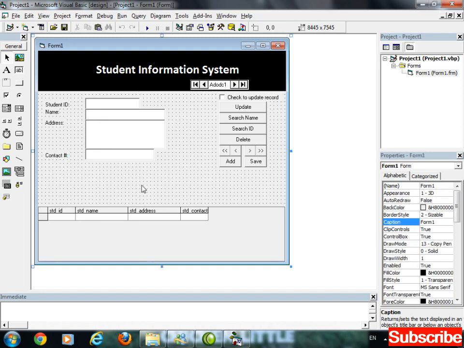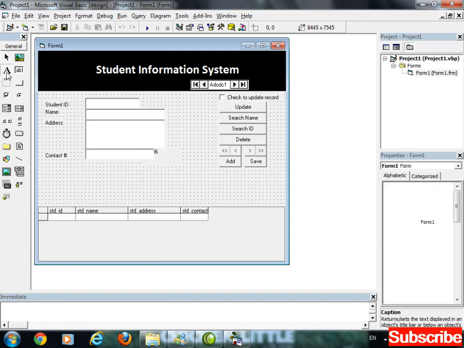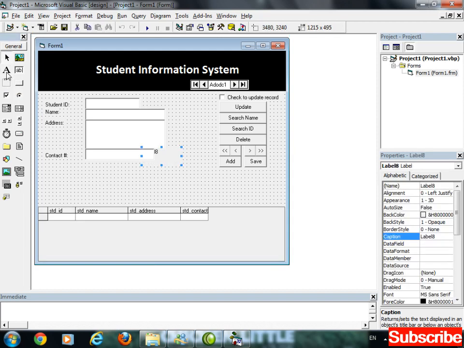Okay, now here you have to insert 4 fields. Yes, 4 fields for the subjects, web designing. Double click on the label, insert 4 labels, 1 2 3 and 4.